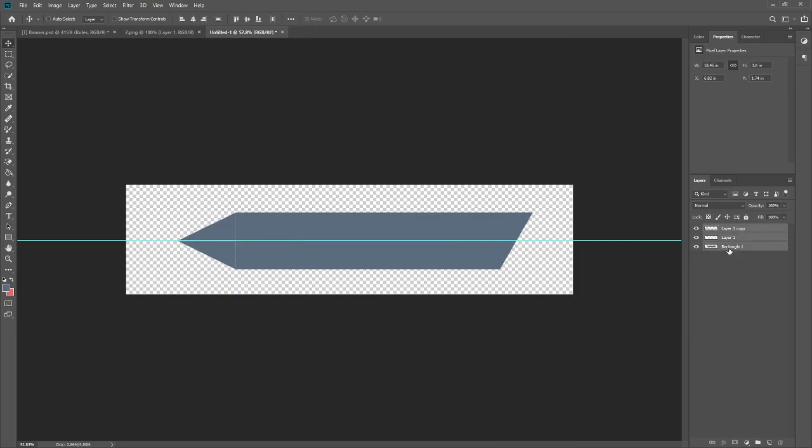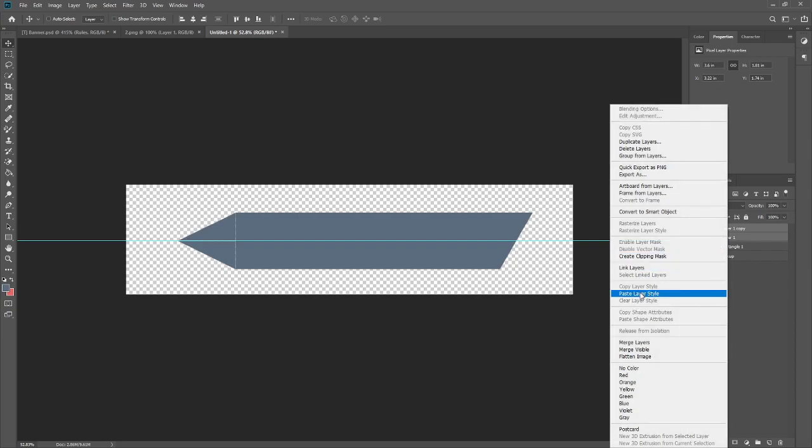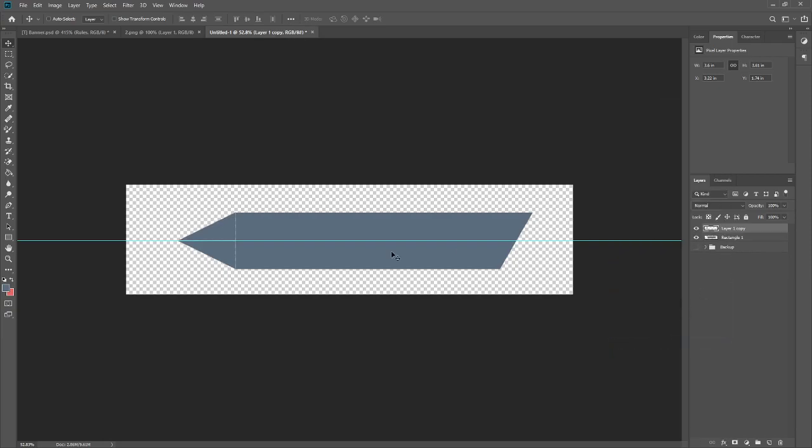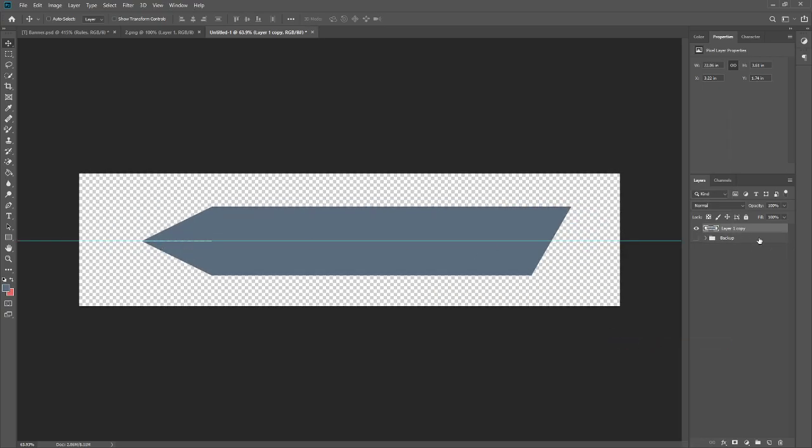So from here, I'm just going to do a Control J, a Control G, and name this backup, just in case I have to go back. I've completely bungled myself. Merge that. As you can see, there's a little white line there. So once you actually merge this, it's going to fix itself. It becomes one solid shape. One solid snake. Yeah, my memes are pretty stale.